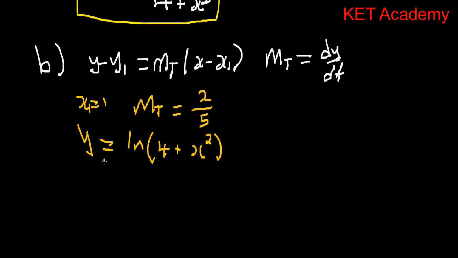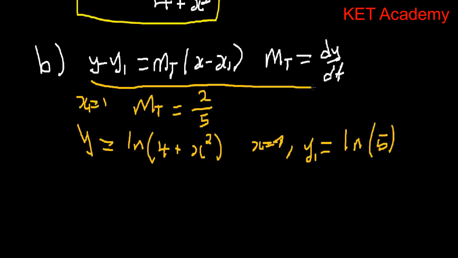So when x is equal to 1, we're going to get y1 equal to ln of 5. So now putting it in our formula, we're going to get y minus y1, which is ln 5, equal to mt, the value we got here, 2 on 5